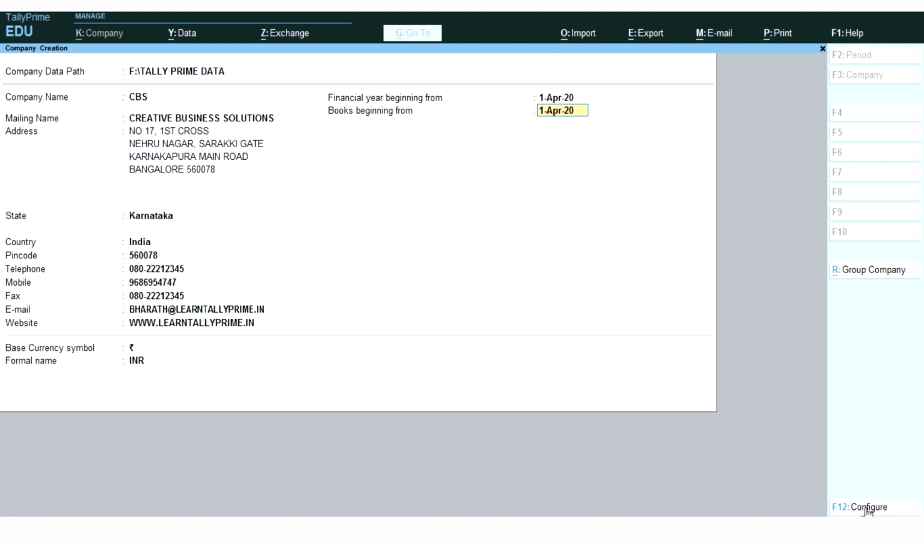What is this books beginning from? This is the date provided, which will be automatically displayed here. So whatever date you provide in the financial year beginning from, the same date will be provided in books beginning from. Or if you are starting a new business from today, then you can enter today's date and accept the screen, so that Tally will accept all the transactions from today itself. You can't pass a transaction for previous days. Or you're already running a business,